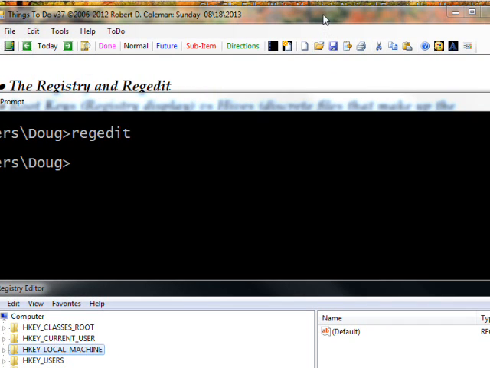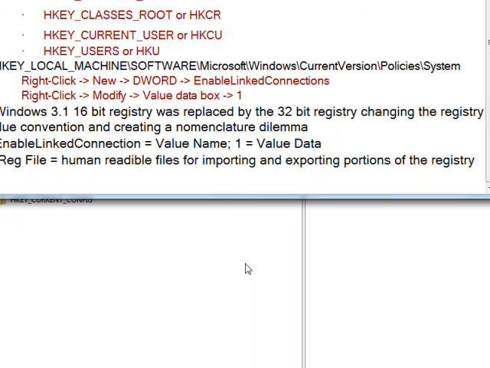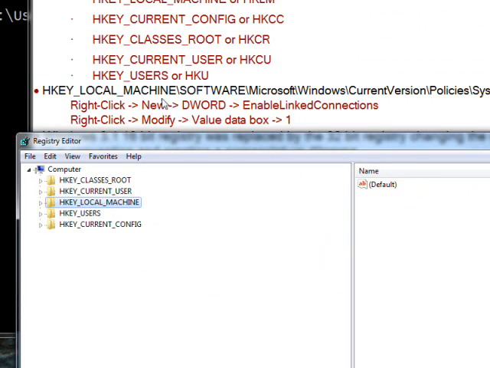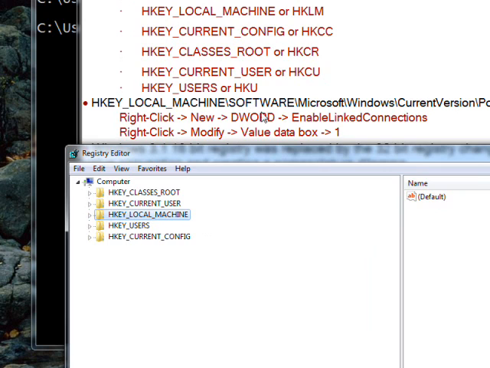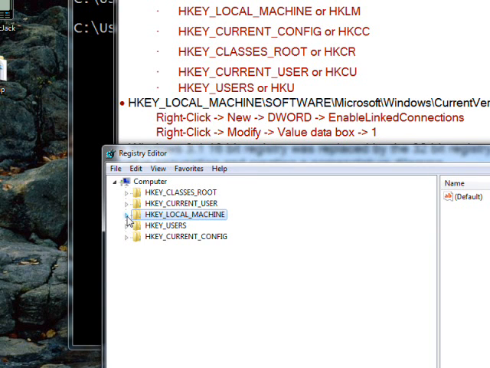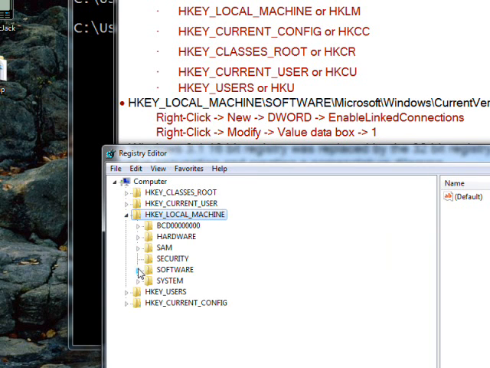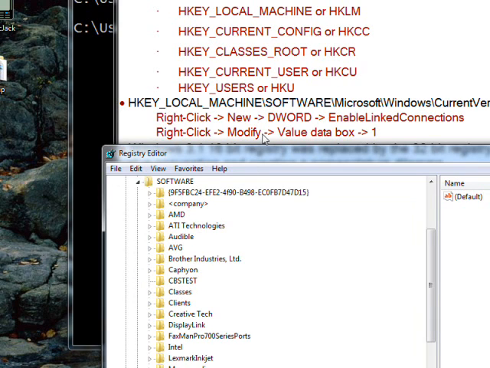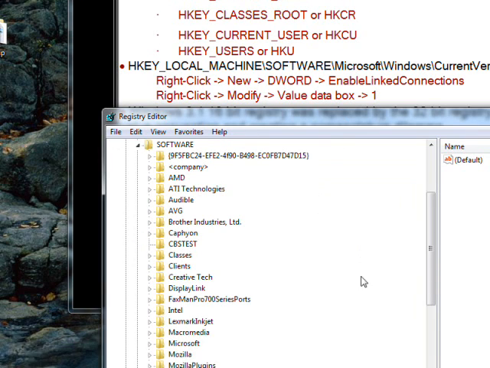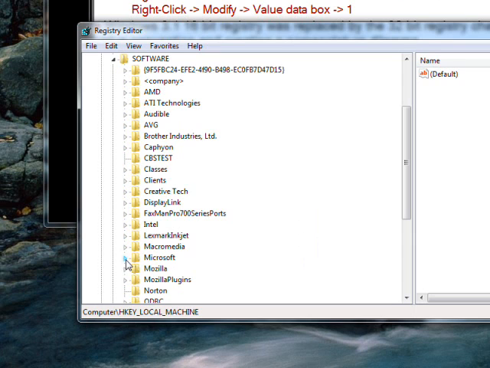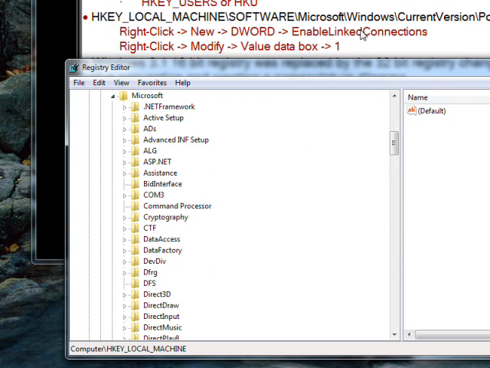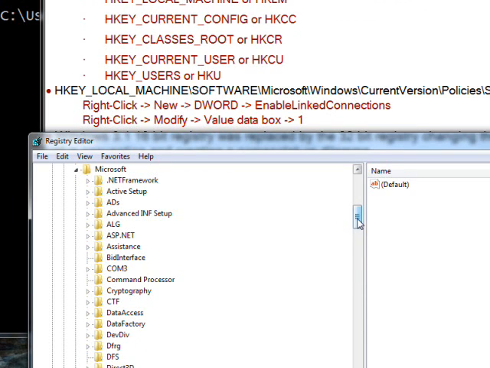To go through the example we were talking about, it would be HKey local machine, software, so I click on that, and the next subkey is Microsoft, so click on Microsoft. The next subkey is Windows,